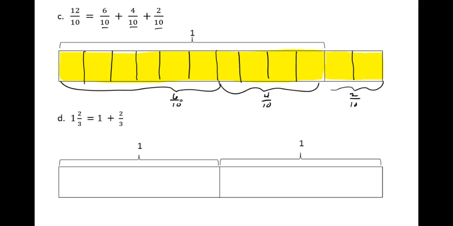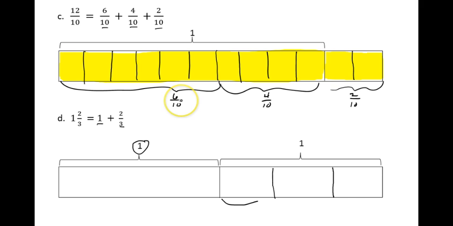In the next problem, I have 1 2/3, and it equals 1 plus 2/3. Well, I can show the 1 by using just the 1 whole portion of the tape, so I'm going to leave that as is. The 2/3 will go on the next section. This whole tape represents another whole. I don't need all of that, but I do need to break it into thirds. So I'll break it into